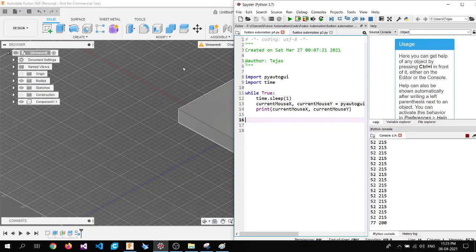So it is going like this. This is x and this is y. So 52 as x and 215 as y. Now from there we are going to go towards the body. So carefully try to place it at the corner here. Okay, so we are taking the approximate value just to understand how the pattern will work and whether we can create any kind of relation between the menus. Okay, so here we can see 74 and 334.